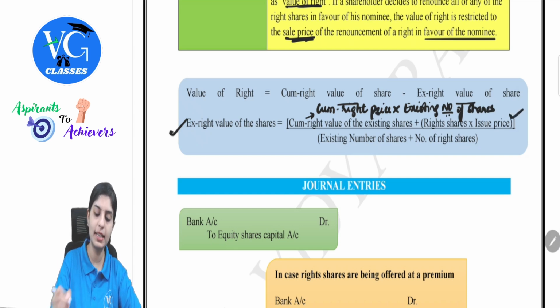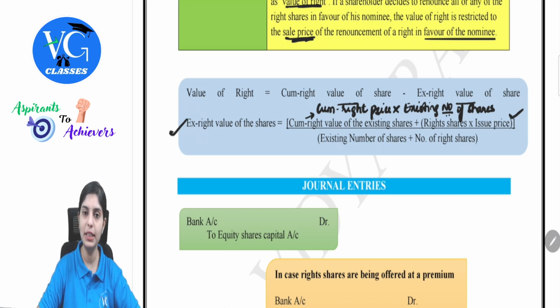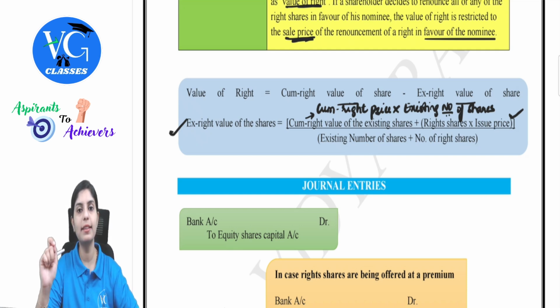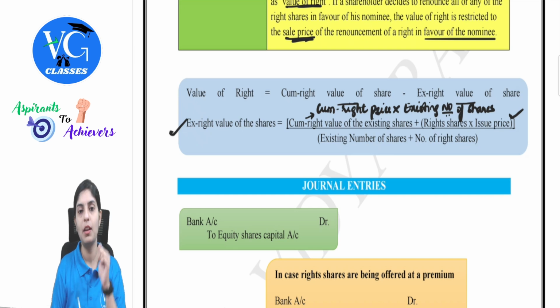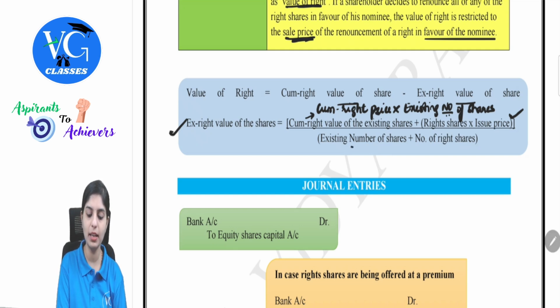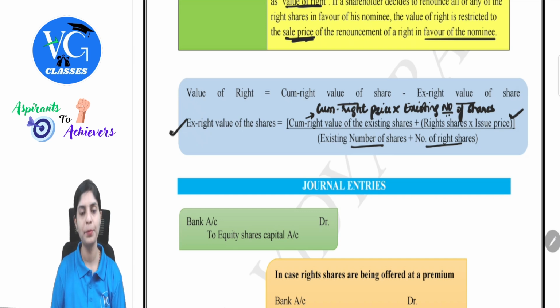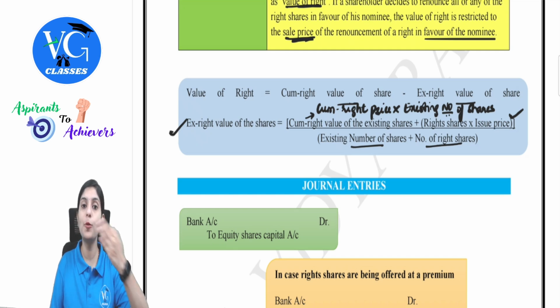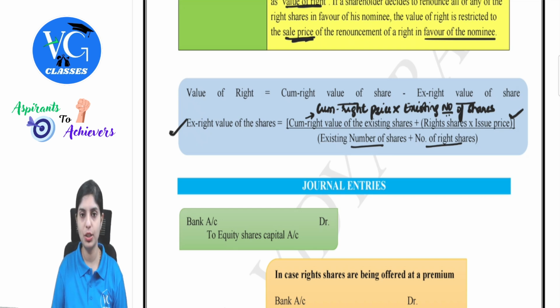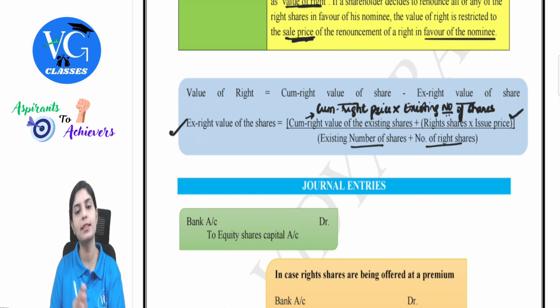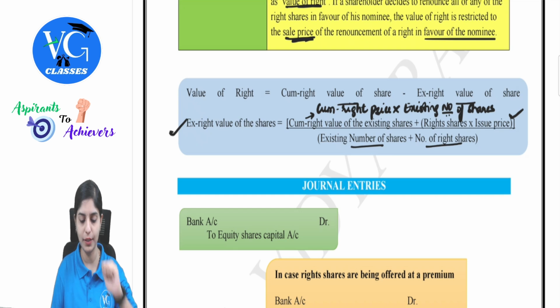So what would be the price they decide for the purpose of the right issue? We will take this to the numerator. Divide this by the number of shares totally available, that is whatever was existing plus whatever shares are coming towards the right issue. So existing number of shares plus number of right shares. So what does ex-right value mean? Take the market price before the right issue into number of existing shares. This is to find out the value of shares before the right issue, plus right shares into right issue price, divided by number of existing shares plus right shares. I hope this is clear to all of us.